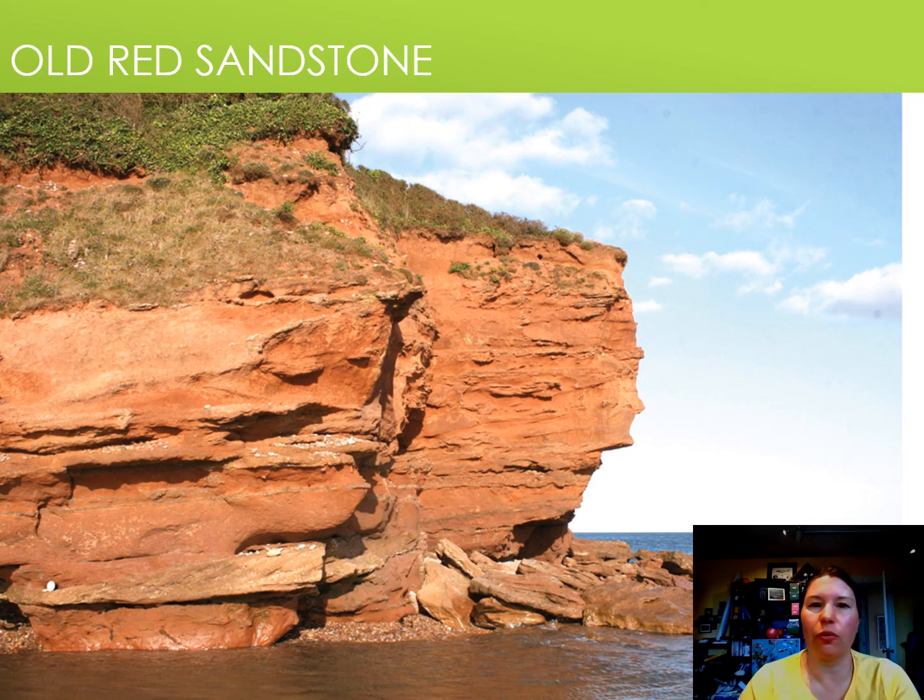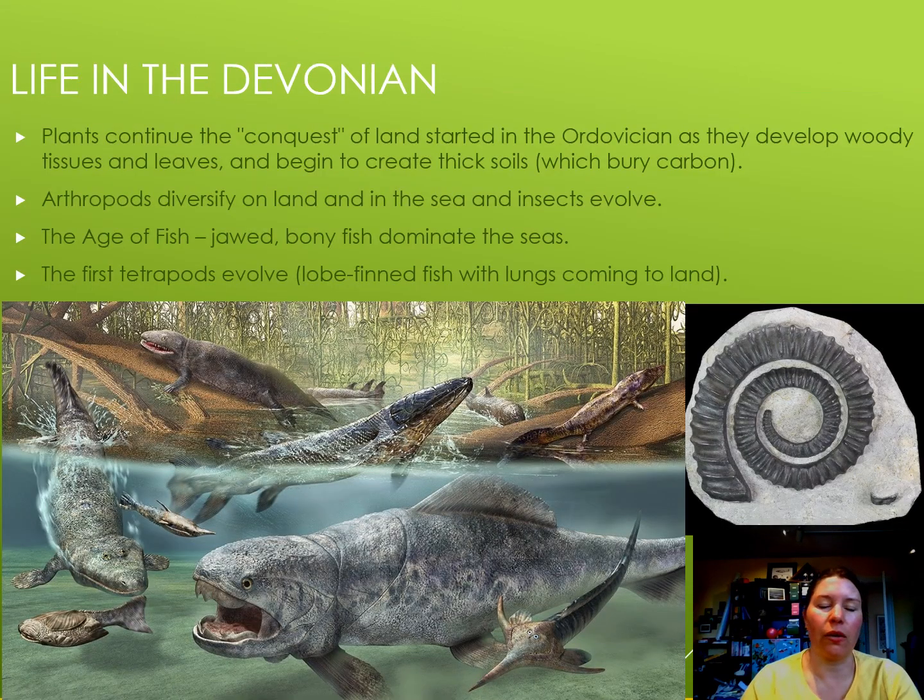So here's an image of the old red sandstone. This is in Devon County, England, and during the Middle Devonian, we have weathering of the highlands, and that's what's producing the old red sandstone. So this is going to be weathering from the surrounding mountain belt. All right, so that's pretty much it as far as geology goes. Now we're going to back up a bit and talk about life in these places. So just, again, one slide per each period.